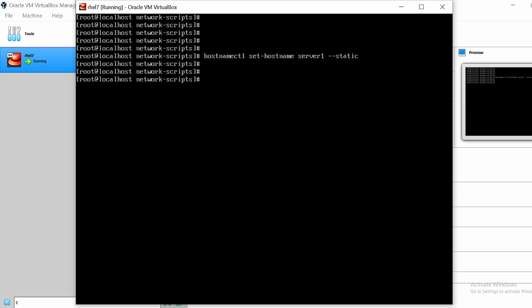So we need to execute the command exec bash. Now if you check, the localhost has changed to server1. In this way we can change the hostname